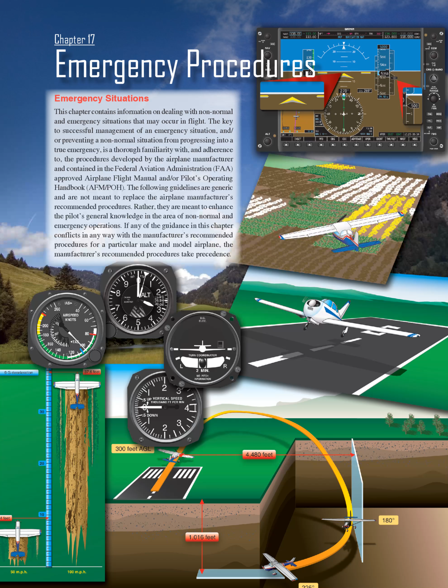Chapter 17: Emergency Procedures. Emergency Situations. This chapter contains information on dealing with non-normal and emergency situations that may occur in flight. The key to successful management of an emergency situation, or preventing a non-normal situation from progressing into a true emergency,